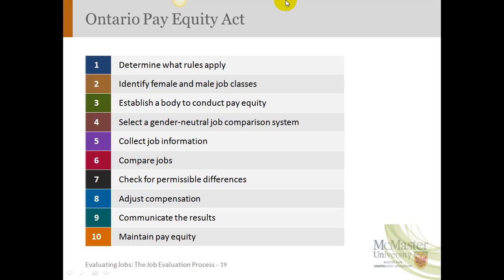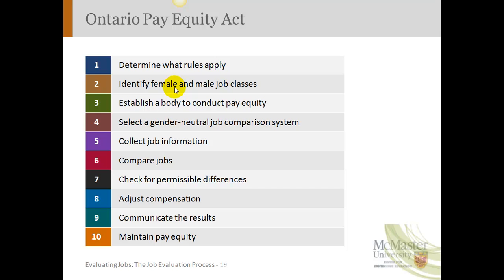Second, you should also be identifying which jobs are female and which are male job classes. So pay equity assures that female-dominated job classes that compare with male-dominated ones will be paid equitably to those male classes. A job class is a group of jobs having similar duties, similar qualifications, and similar compensation schedules. Female job classes are those that have at least 60% of employees as female. Females traditionally occupied that class, such as nurses or teachers,